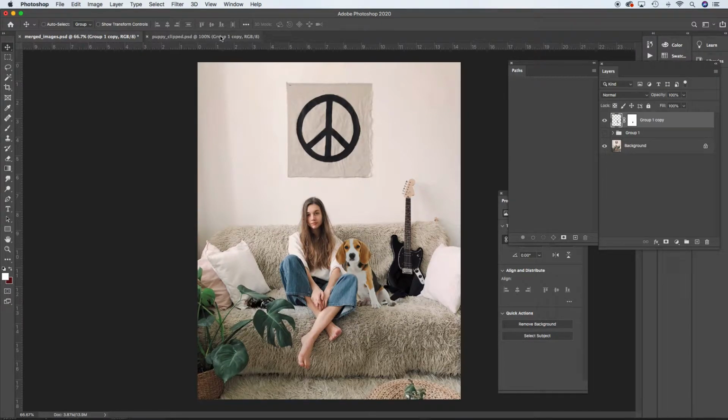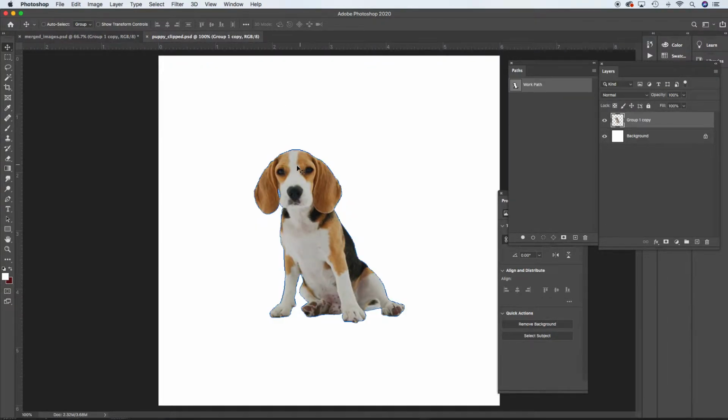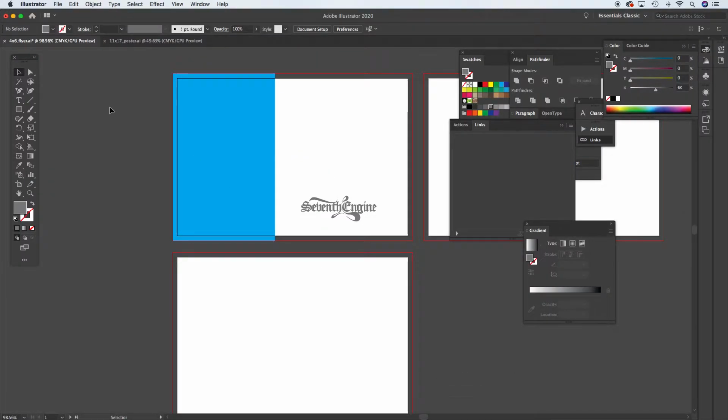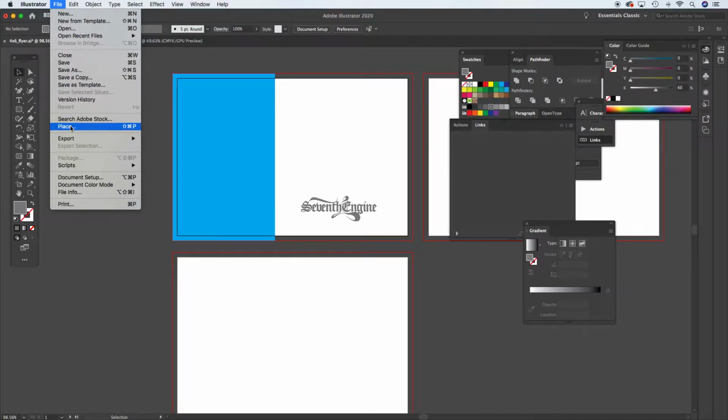But what a clipping path will let us do is, with that path that we've created with the pen tool, we can actually just place this portion of the object in. I'll show you what I mean. So if I go to Illustrator, I'm just using a generic layout here. I just have a logo and a shape, and if I want to bring that puppy in and have him not have that white background like we'll see here,